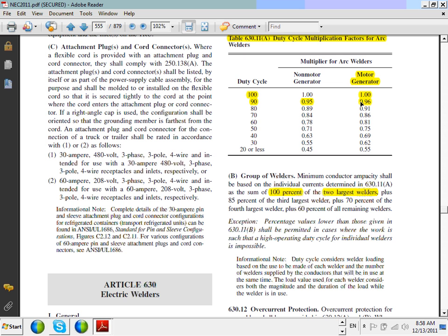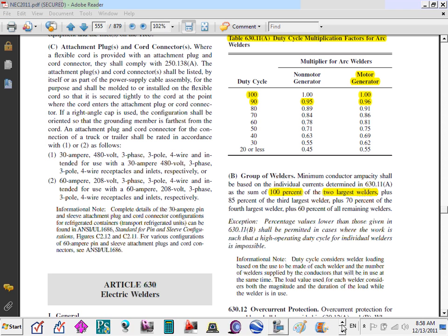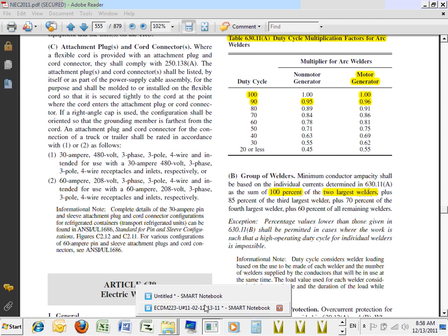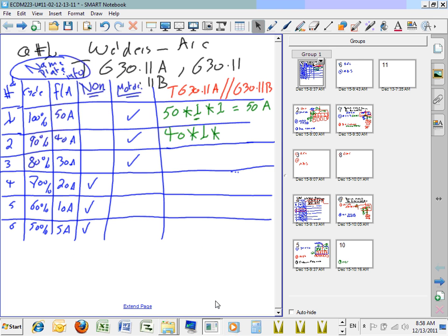Can you guys see that? If the cycle is 90, what would the derating be? 0.96. Everybody knows where the 0.96 came from then? So I'm going to go to 0.96. Let's go back. Everybody knows where the 0.96 came from. Good. So the second is going to be, this is 1, this is